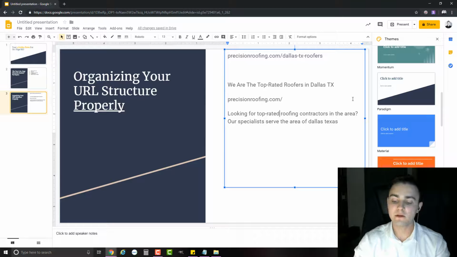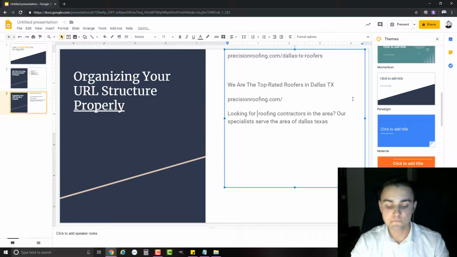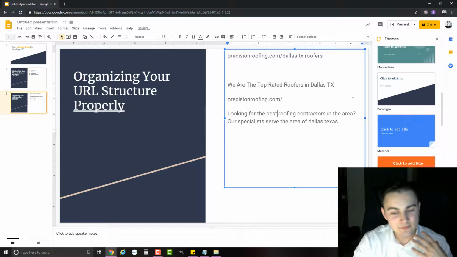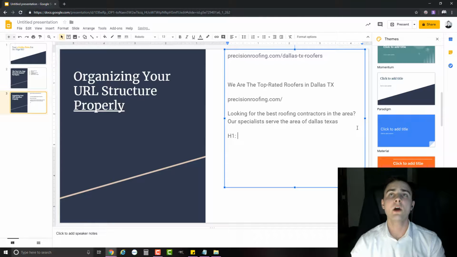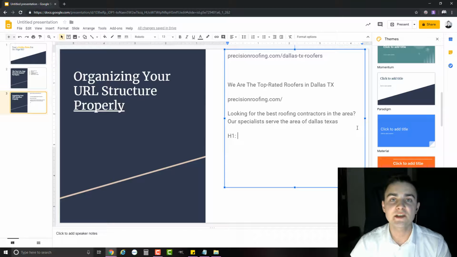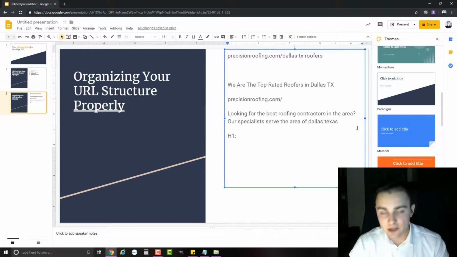And even if you want to mix this up even more, instead of top rated like we've mentioned here, you can say the best roofing contractors. Now when it comes to your H tags, your H1 should say the variation of this keyword. Once again, you always have to mix it up, but instead of just theory, we're going to jump into a real test site,